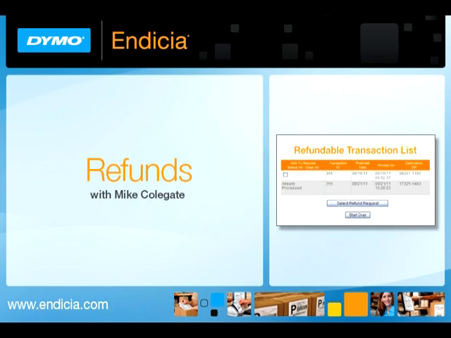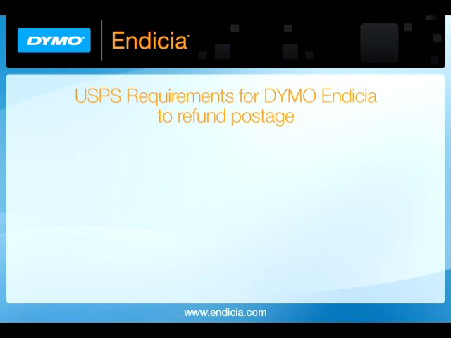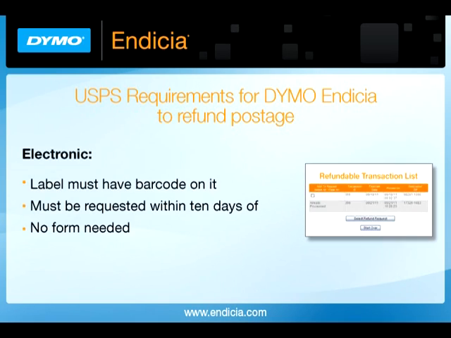In this video, we will show you the qualifications and procedures for requesting a refund for unused postage in the DYMO Endicia system. The USPS has approved the following two ways of requesting postage refunds. If you have a label for a domestic class of service with a package ID barcode, such as delivery confirmation, or you're using a Priority Mail International or Express Mail International layout with the integrated customs form, you qualify for